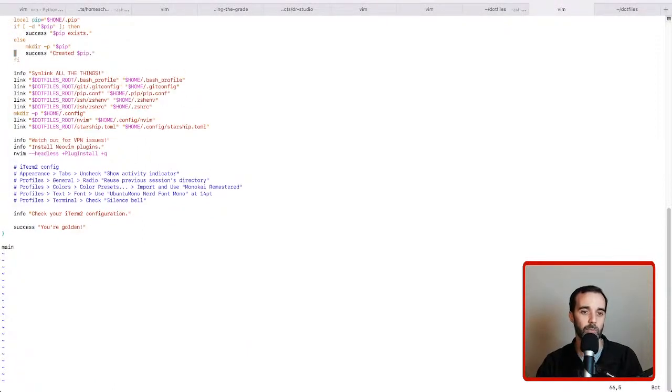So what I do is I essentially give all of my files that are in this repository, and then I map them to the place that the operating system and the tools that use them expect those things to be in. So my bash profile goes in home. I've got a pip configuration file. I've put the ZSH file in the home directory and the ZSHRC. And you can notice an advantage of this structure: I can put everything related to ZSH in its own directory, but then when I do the symbolic linking, it kind of